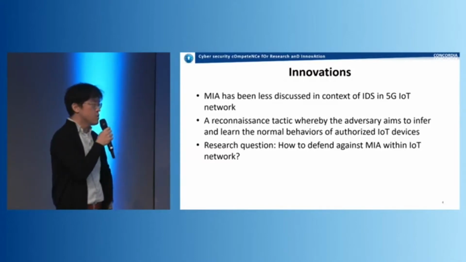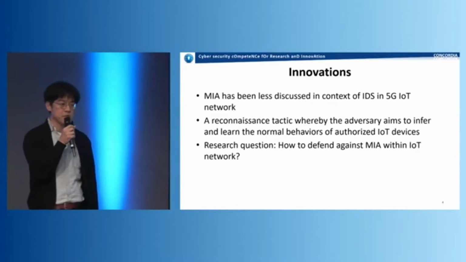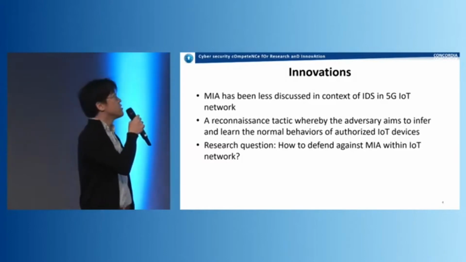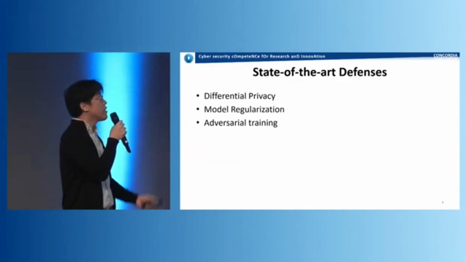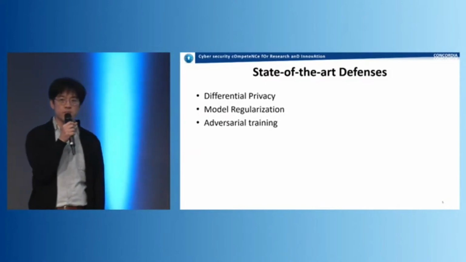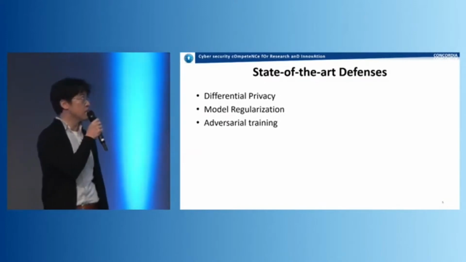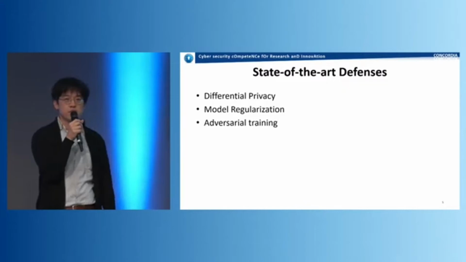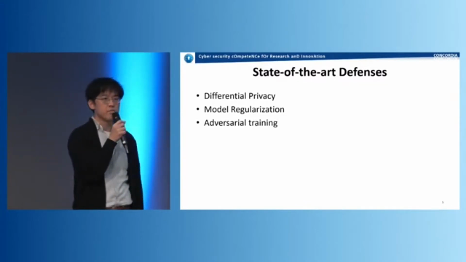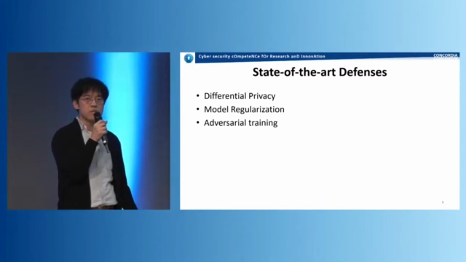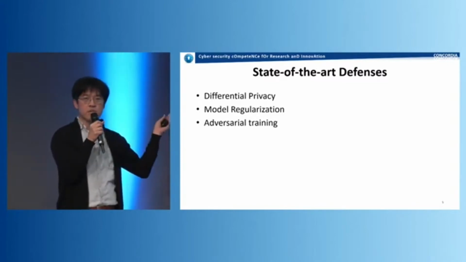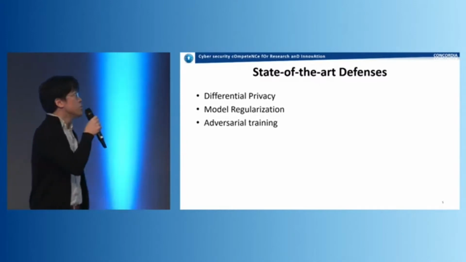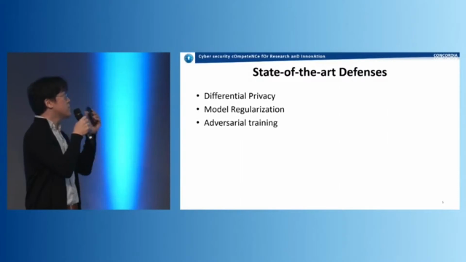So what would be the defense techniques against that? Especially the privacy and intellectual property rights aspect is quite serious. The defense techniques against such a threat could be differential privacy algorithms, model regularization algorithms, and adversarial training. In our work, we tried more or less all of these techniques, and we evaluated how effective they are against such a threat as membership inference. We can't really talk much about each one of them here, but